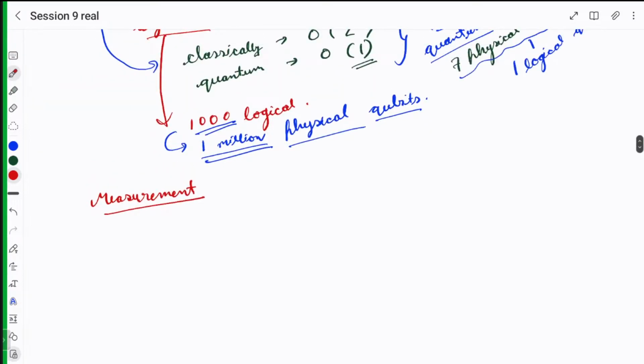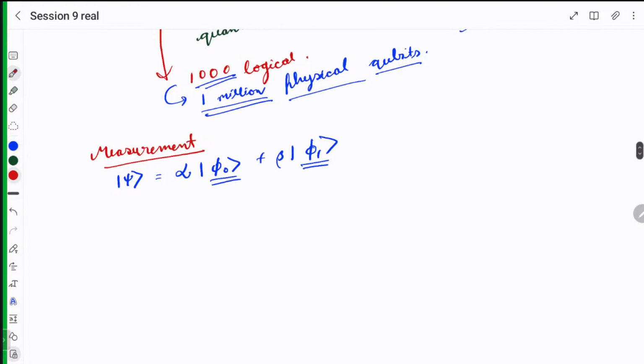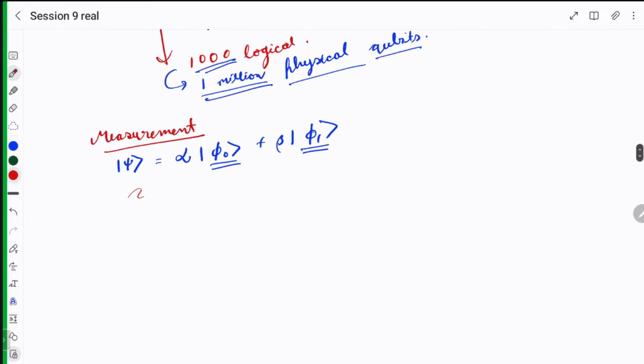So let's say we have some ket psi, and suppose this can be written as alpha phi naught plus beta phi 1, where phi naught and phi 1 form an orthonormal basis. And we had seen previously that if you measure this psi in the phi naught, phi 1 basis,